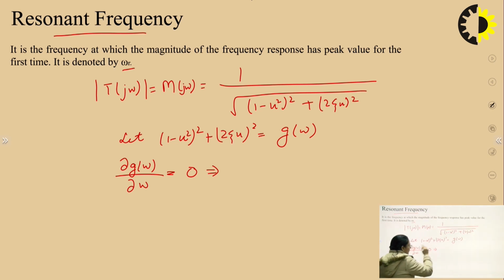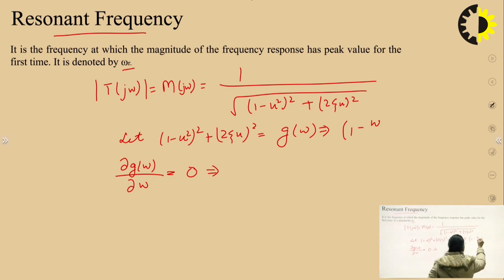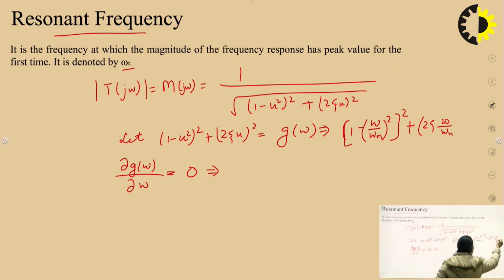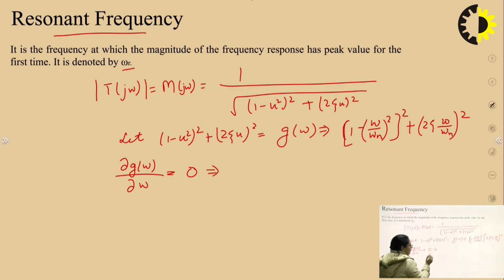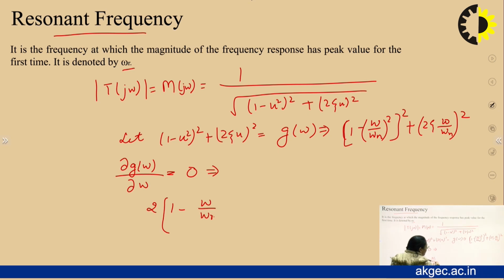So here I can write it again as (1 minus omega by omega n) whole squared plus (2 zeta omega by omega n) whole squared. Now differentiating with respect to omega, I get twice of (1 minus omega by omega n), n x to the n minus 1,